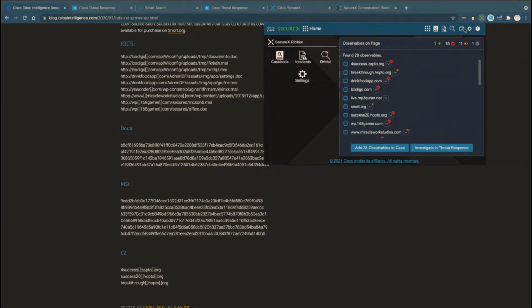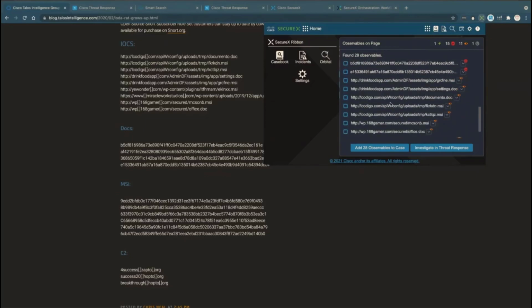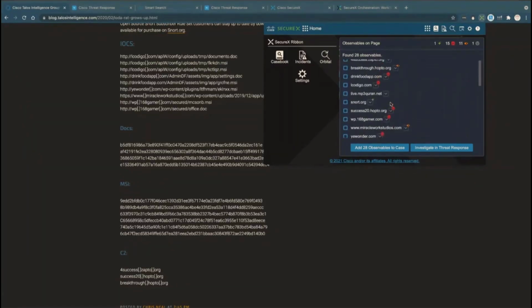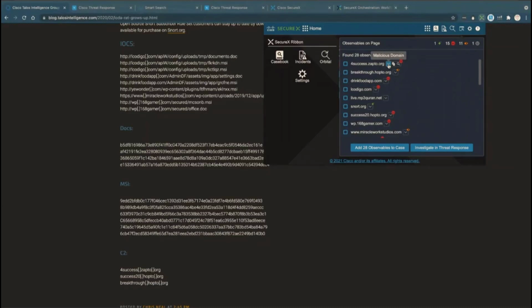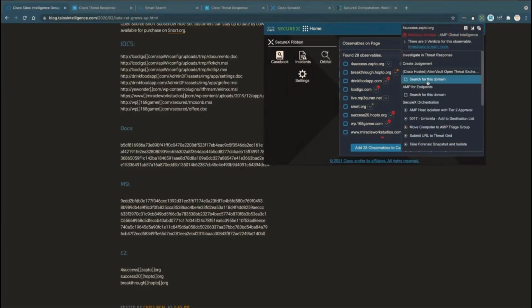So all you need to do is bring up this tool and then click on this button, which is to extract all the observables on this page. So this tool basically just grabs all of those observables that we saw and gives you real-time results as well. So as you can see, this domain is definitely malicious, right? And this is suspicious, and it gives you all the details about these IOCs. And what else you can do right on the spot, if you don't want to get into any investigation, you just want to be on the safe side, you can click on this and bring up what we call a